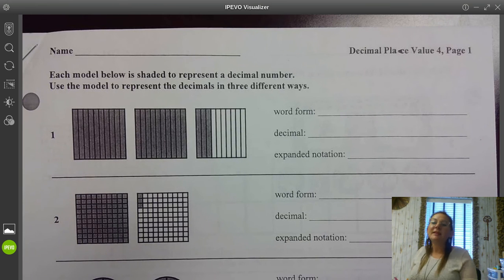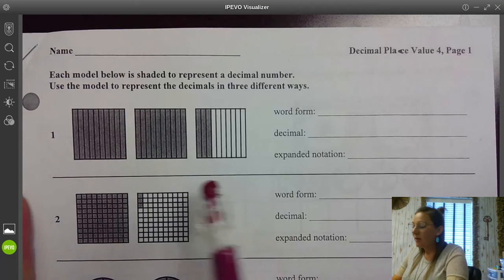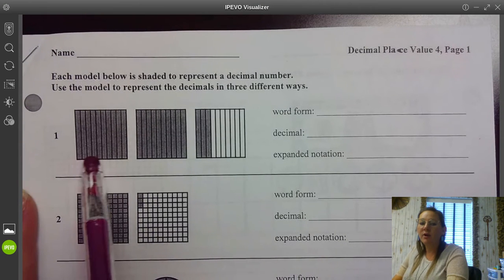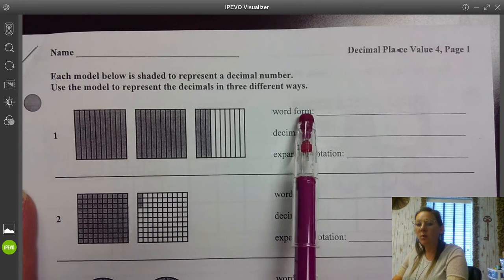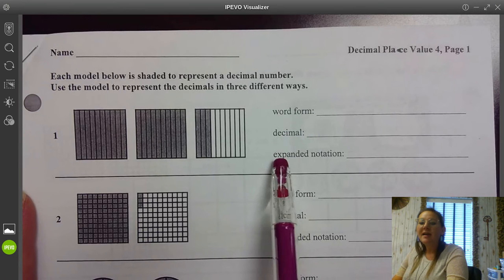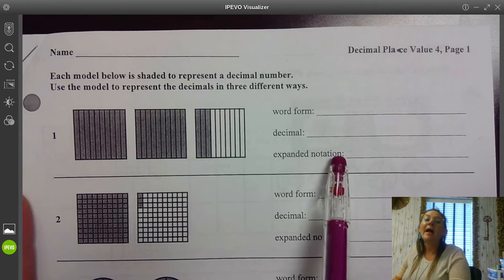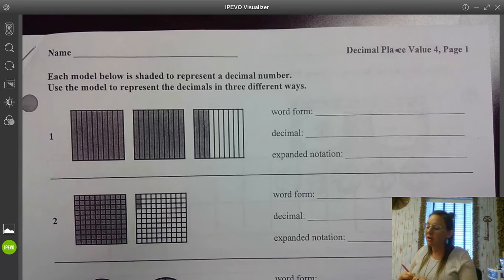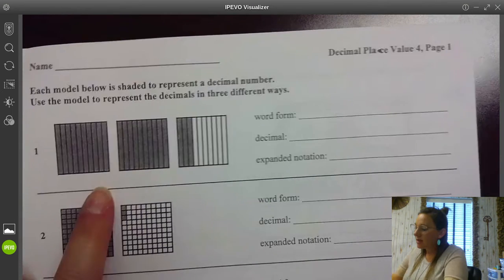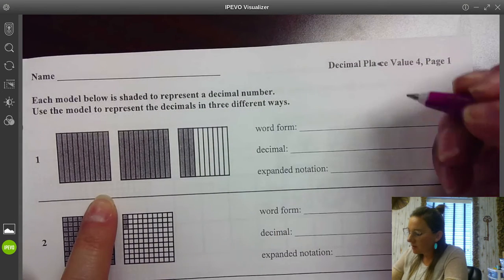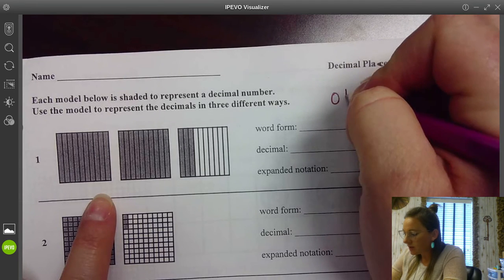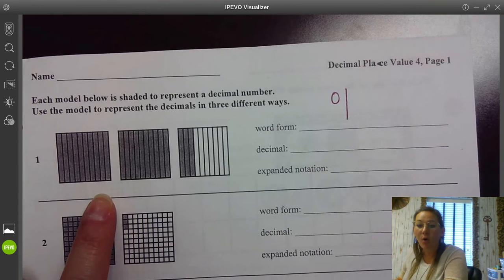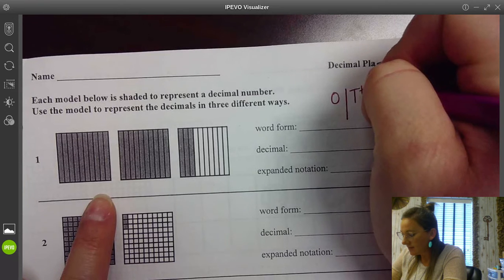Okay, continuing our place value practice. Okay, they give you a model, and they want you to write it in word form, in decimal form, and in expanded notation. I always start with a place value chart though. So here's my ones, which are like my wholes, my whole numbers, ones, tenths,